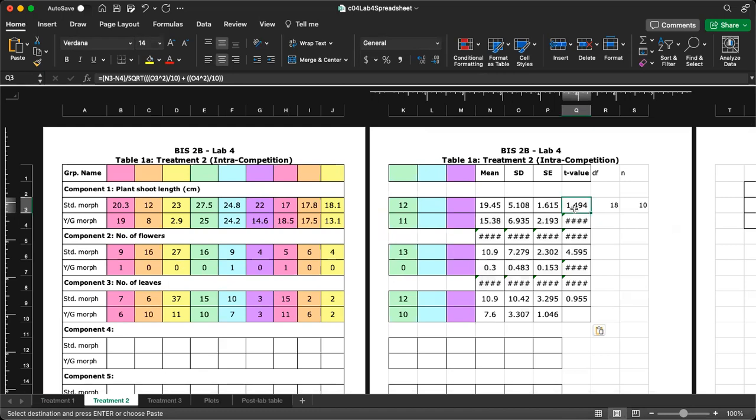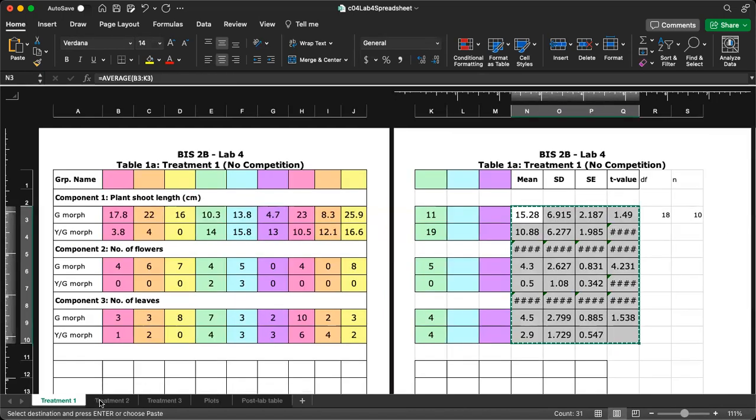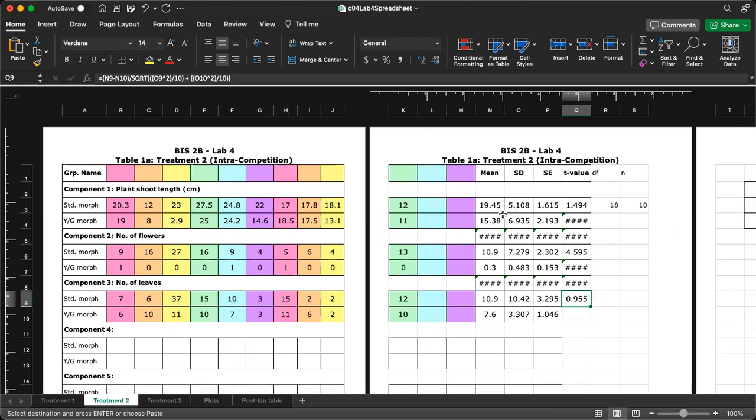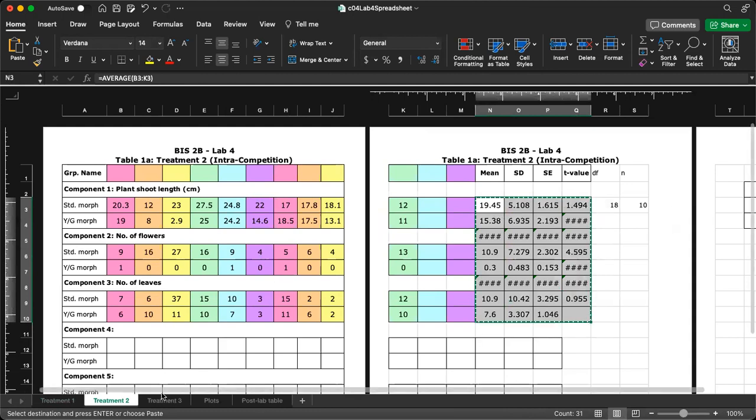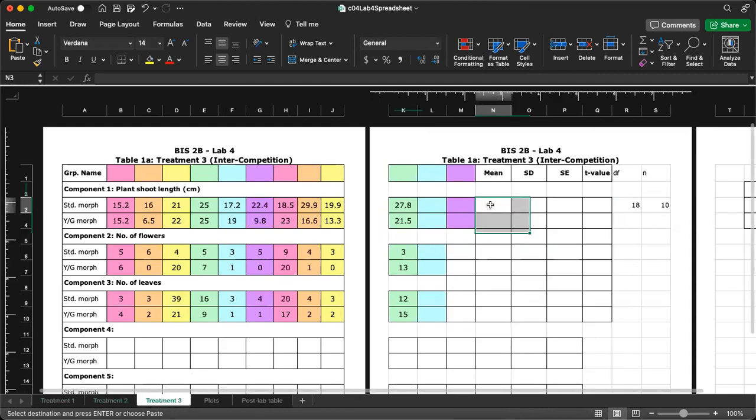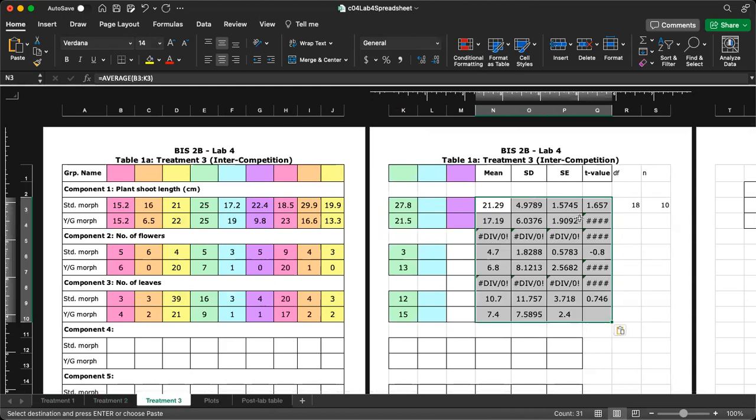And this has actually already done the calculations for you. It's the same cells that we used in sheet one for treatment one, except the values are just different. So we can use the same formulas and it's super, super easy and it takes literally a second to do. So again, to do our treatment three calculations, we just do the same thing again